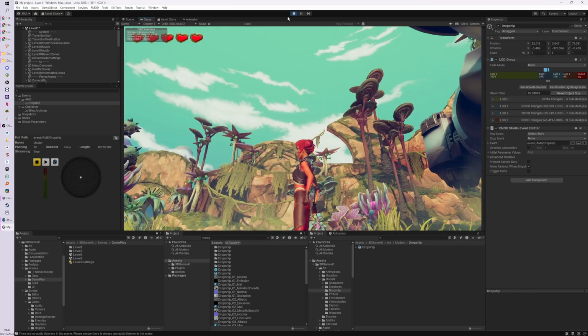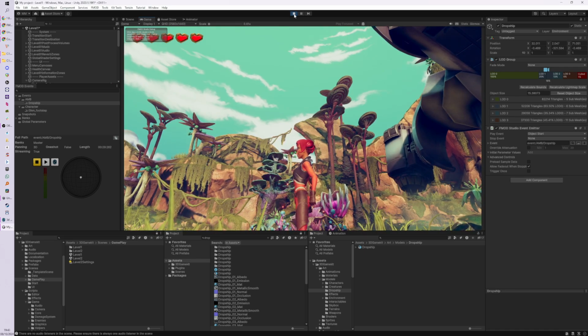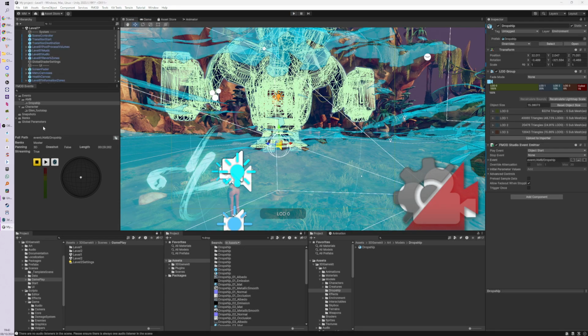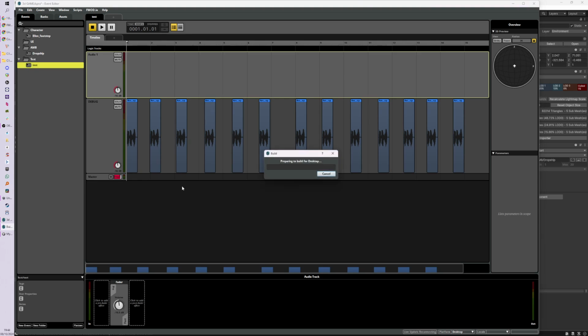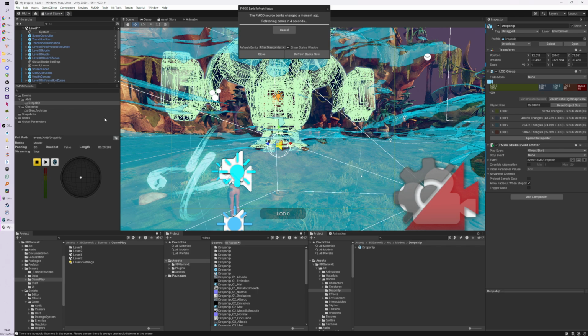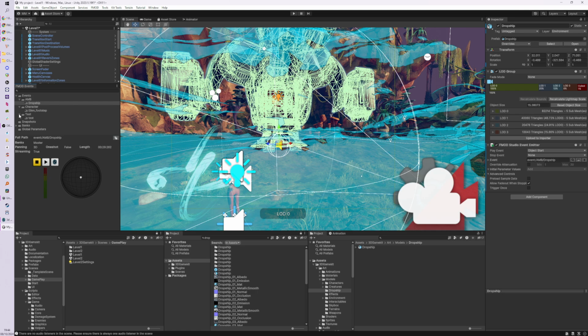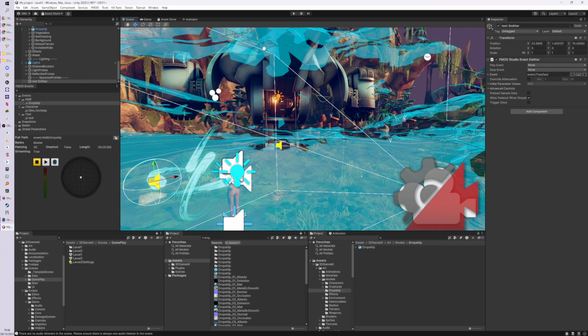And I need to actually restart the game because it's not going to appear here. I need to actually press F7 for it to build. And now I should have a test event. Once this finishes, the test event should appear here, and I can drag that into the world. There we go. And the inspector will show you